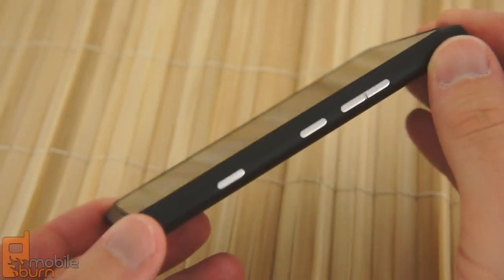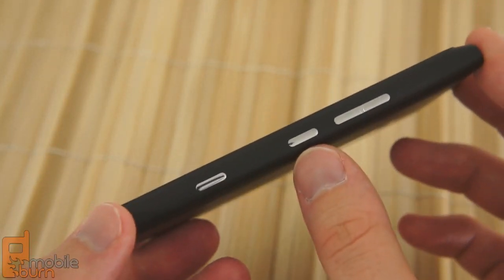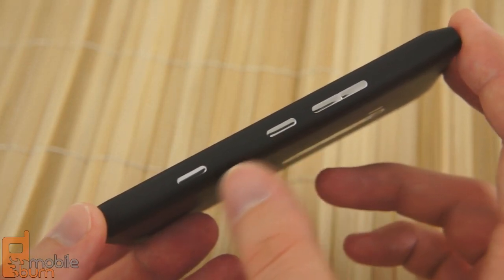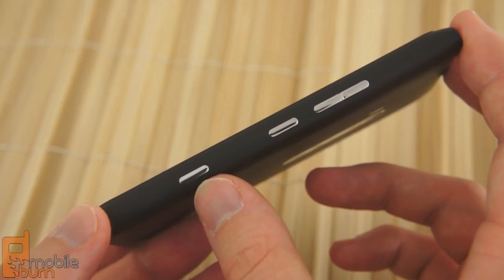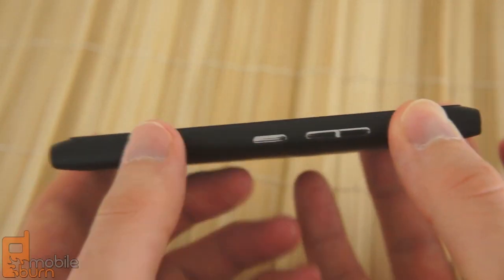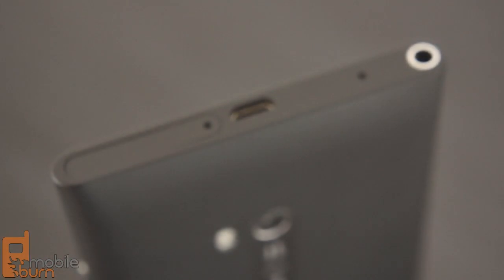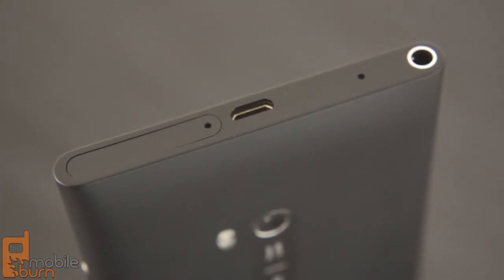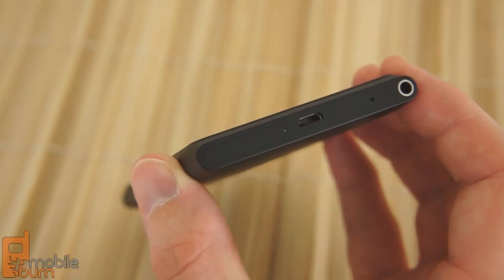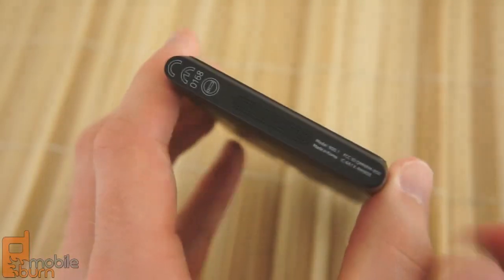The right-hand side of the Lumia 900 is home to the only physical buttons on the phone. It features shiny metal buttons for volume up and down, power/sleep/unlock, as well as the camera shutter key. All of the buttons feel very solid and don't have any hint of cheapness or low quality feel to them. The top of the phone houses the micro USB charging port, as well as a 3.5mm headphone jack, and then it has a concealed tray for the micro SIM card slot,